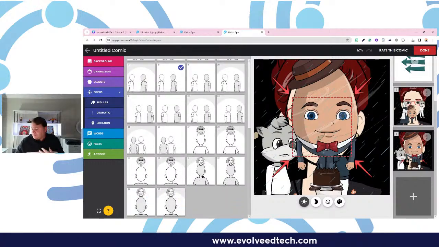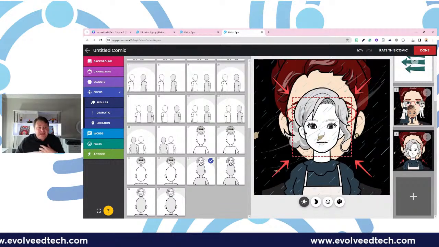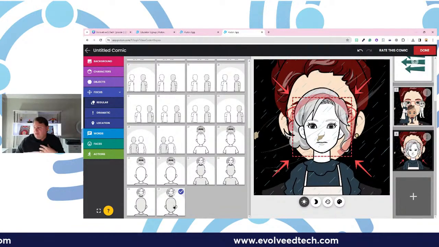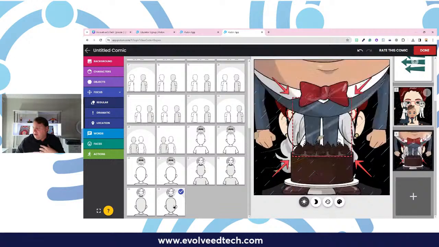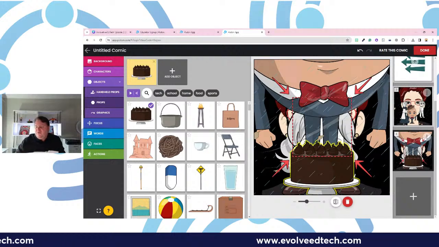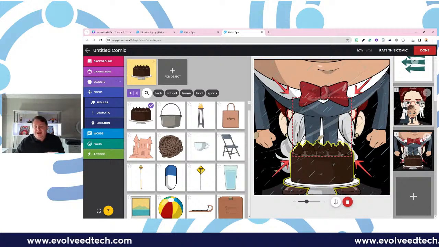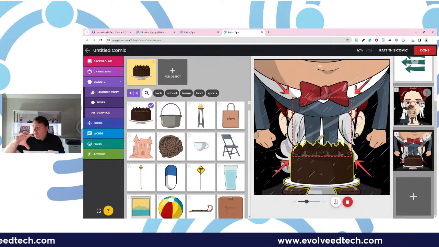All right, this one is showing me that the focus will be on this particular character, and we can have a real close-up of a character as well. Oops, that's because they're behind there somewhere. So you can see that you can change those focuses, using those film technique elements to create different panels